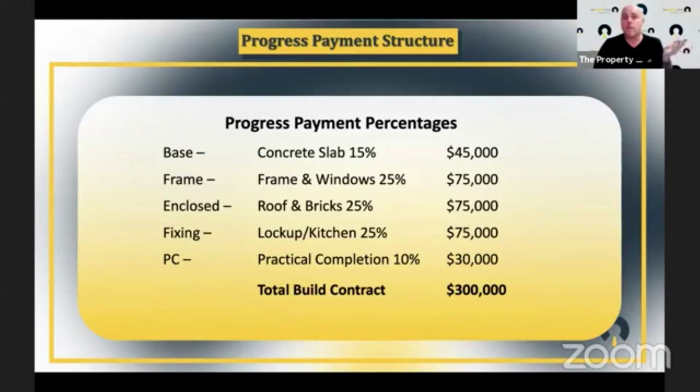And normally they will actually send the bank valuer out at some point. It's normally base and potentially enclosed, which is about midway construction, and of course completion, just to make sure the building contract is matching the claim. It's very important you have a bank that does inspections, especially if you're building interstate. You want to make sure you have a bank that does a physical inspection of your property at least 3 times to ensure the property is at the stage you're at,